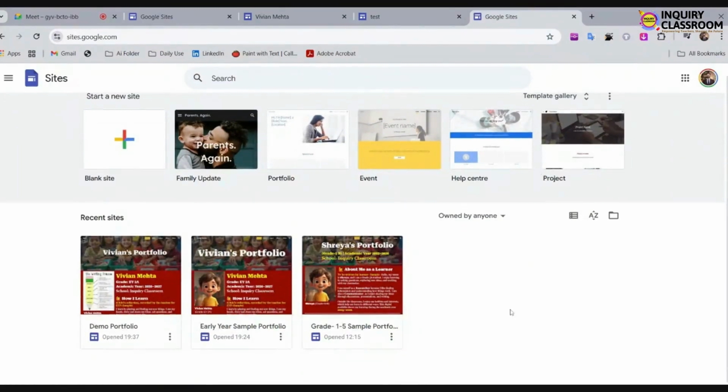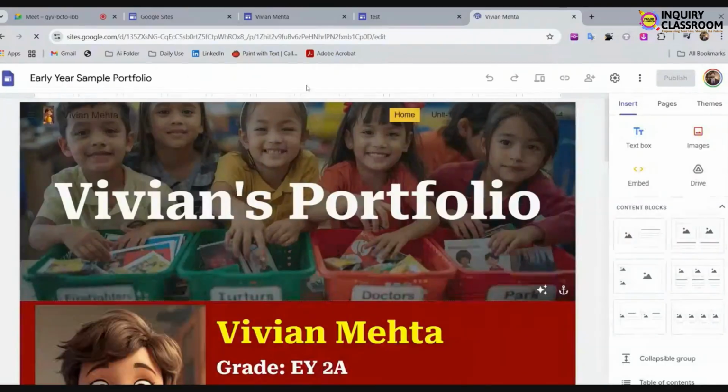Actually, sometimes we get confused about how we will find our Google Sites. Suppose I share this Google Site, this portfolio, with you. You can imagine this portfolio. If I share it with you,